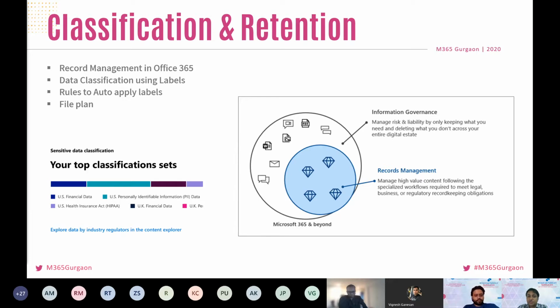You should not be able to change them. If somebody wants to refer to them in the future, they should be able to refer to them as is. While the employee was with the organization, all these were working documents, but once he leaves, they become a business record. Dushyant, go ahead. I just wanted to give one more example so that people understand it better.